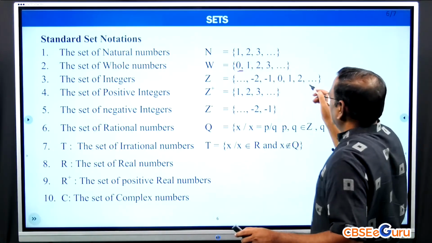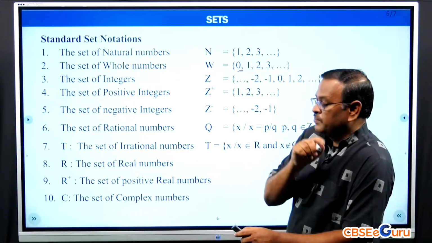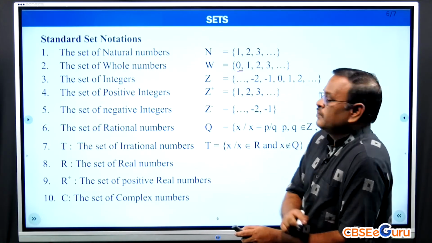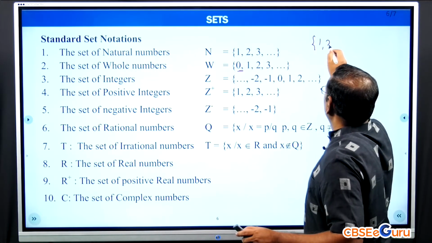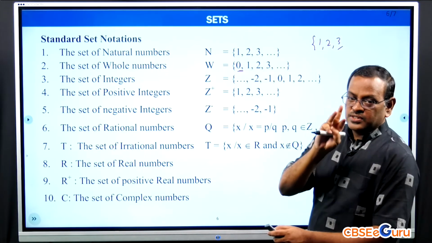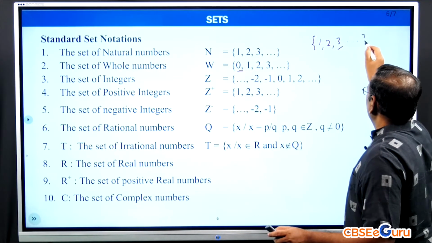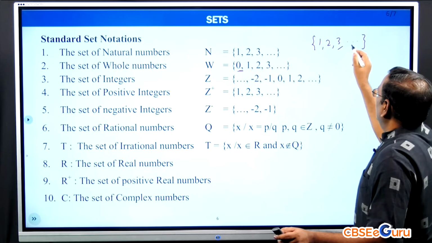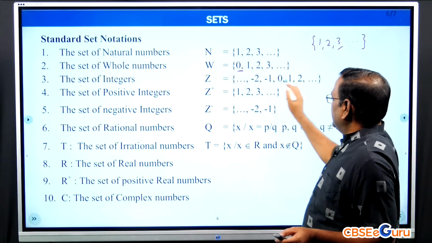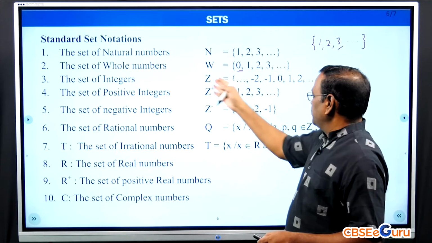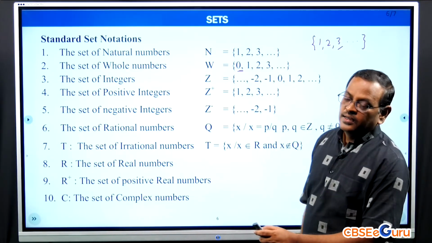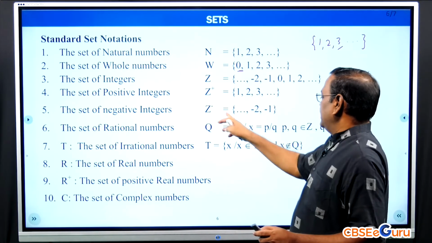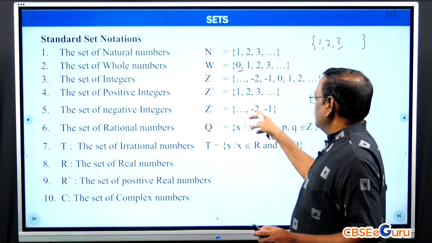And very important, do not forget this note: whenever the set is infinite and you want to write it in roster form, write the first 3 numbers, comma, then 3 dots, which means up to infinity. For integers, both sides have 3 dots because the left side goes up to -infinity and the right side up to +infinity. Then Z plus equals 1, 2, 3, the positive integers, and Z minus is the negative integers -1, -2 up to -infinity